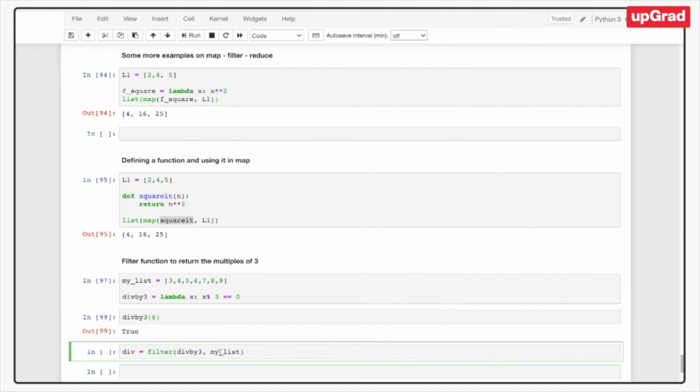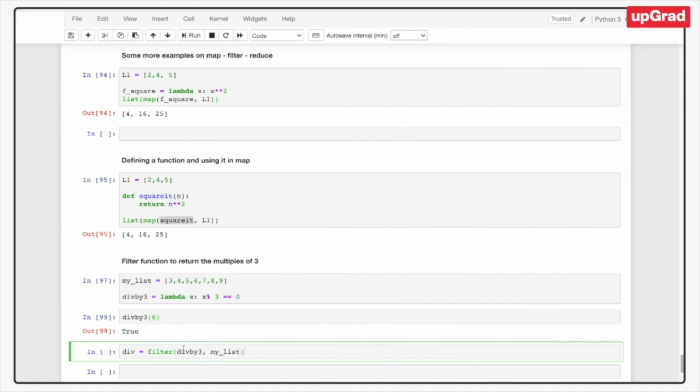The only difference here is that this one is applying this function to the list, but the output is some sort of a boolean, so you would get some of those elements filtered out and some of them filtered in, right? So if I apply this filter